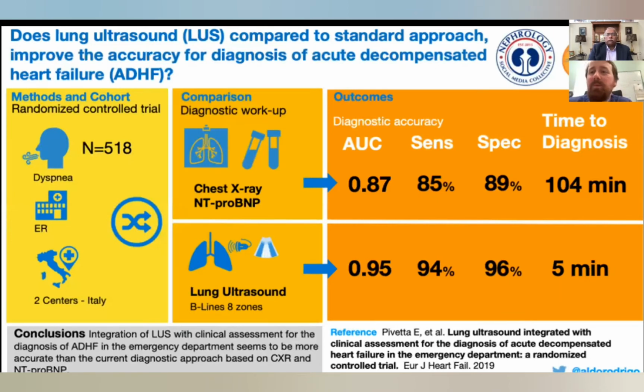So how does this compare with the use of lung ultrasound? In two centres in Italy, they looked at 518 patients who presented with breathlessness and suspected heart failure, and they did a typical diagnostic workup. That consisted of history, examination, a chest X-ray and a BNP, and was found to have around 85% sensitivity, 89% specificity, with a time to diagnosis of around